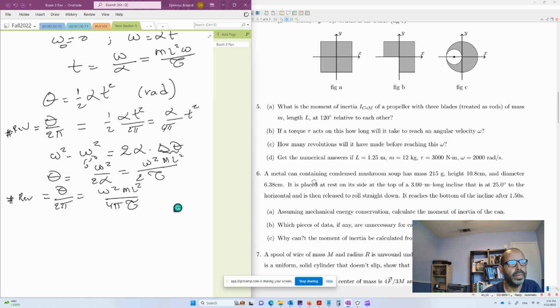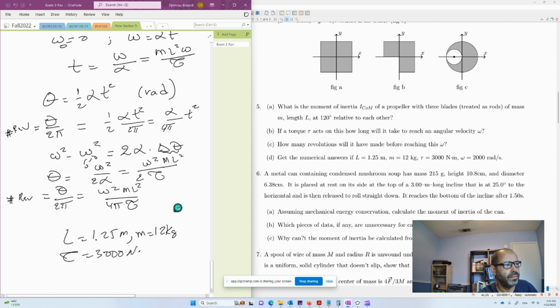So now let's get the numerical values. They give you L equals 1.25 meters. M is 12 kilograms. That's a huge blade, by the way. It's a meter long. It must be heavy. Tau is 3,000 Newton meters. And omega is 2,000 radians